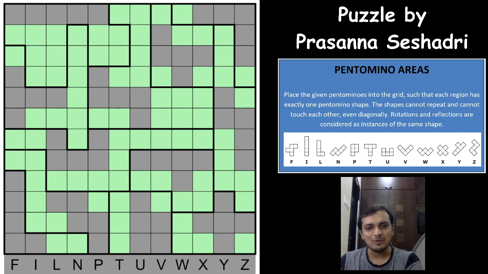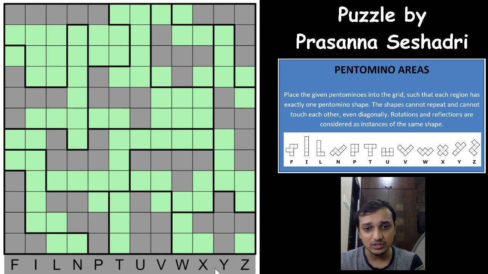So with that we have completed this gorgeous pentomino areas puzzle. As you can see, this is a very fun genre to solve. Sometimes pentomino areas can be very tough to solve. This was also very good, I would say a medium solve puzzle. You have to just look out for the exact pentominos that will go in which area, or which area will take which pentominos. So if you see here, this area had only one possibility of the pentomino, that was the N pentomino.